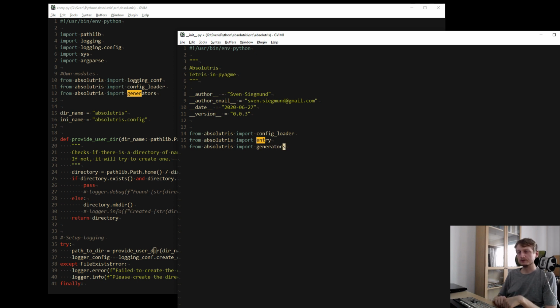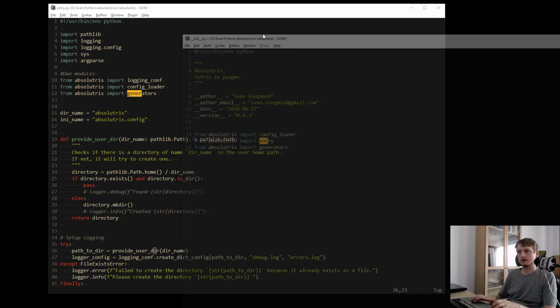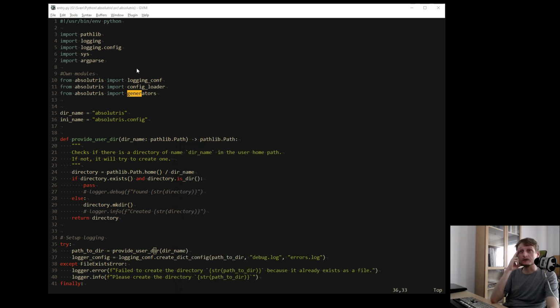From absolutris import generators. And why do I exactly need it here? Let's see.